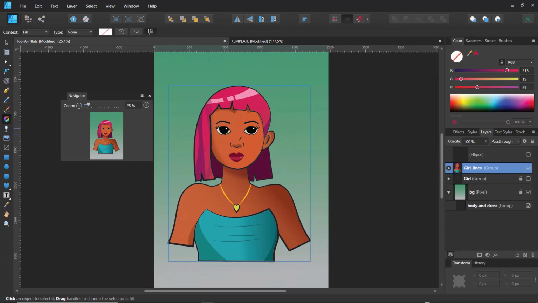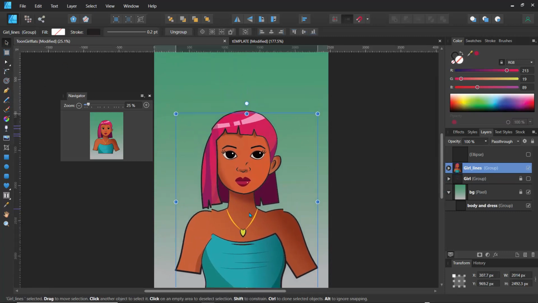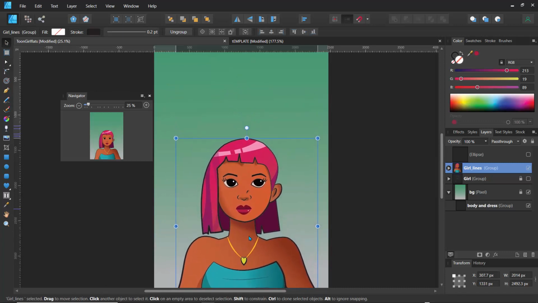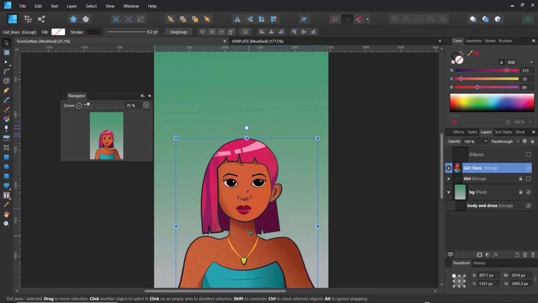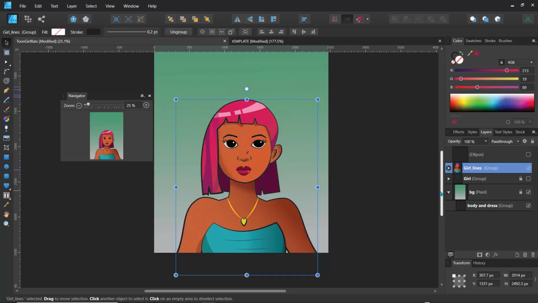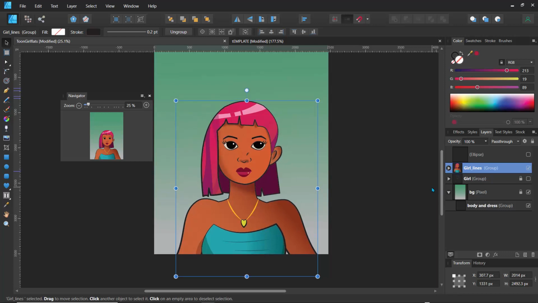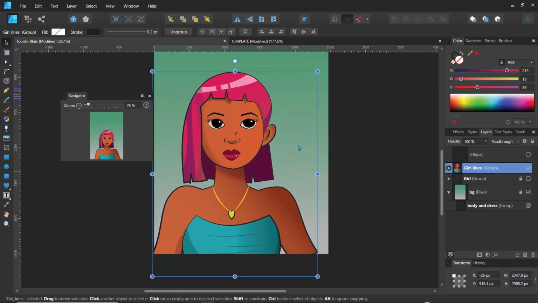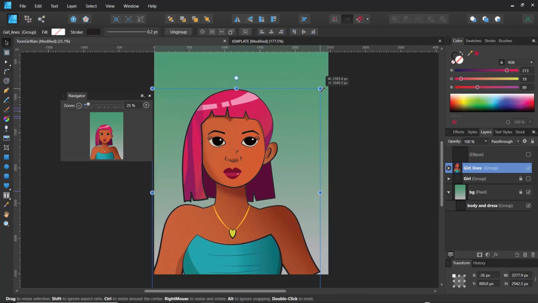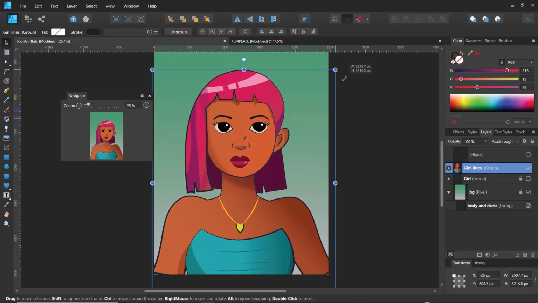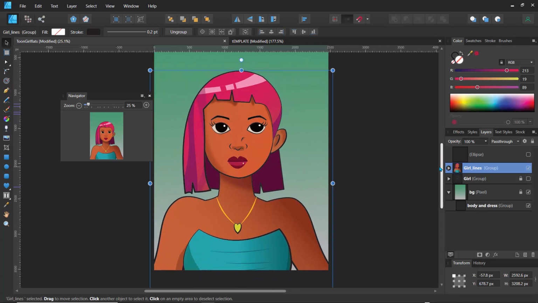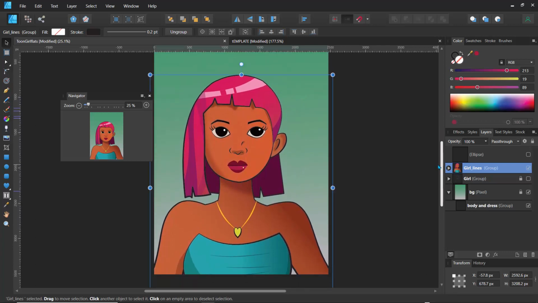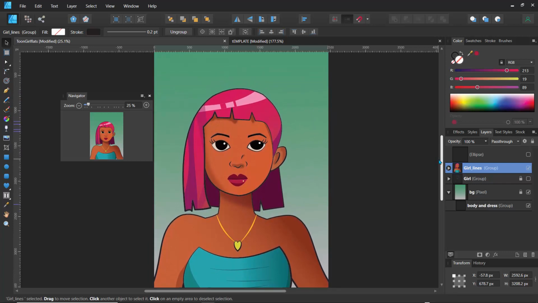So here we can select our character and then move our character down a bit like so, because we don't want her to look like she's clipped. So yeah, we'll just select this, and this could be our final design. And what we can do is we can make her big like so, just push her and make her super big and super huge like so, and then we can drag this down a bit so she can take up more of that room. And now we have a nice little comic strip panel,